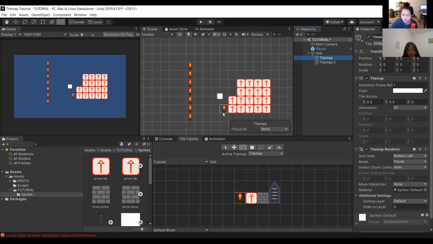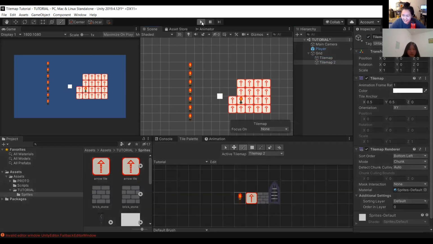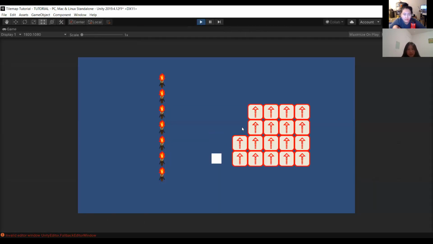So how this is interesting is, let's say I want a torch to appear in front of this arrow instead. I can just draw a torch here, and it's in front of that tile set. But when I press play, you'll see it for a short second, I'm pretty sure the torch will disappear behind the arrow. So it only shows up in scene view. It'll go away any second now if Unity will cooperate. You see how it has disappeared from the scene?